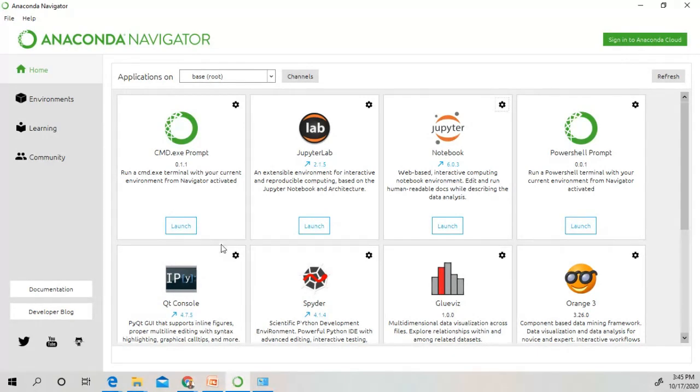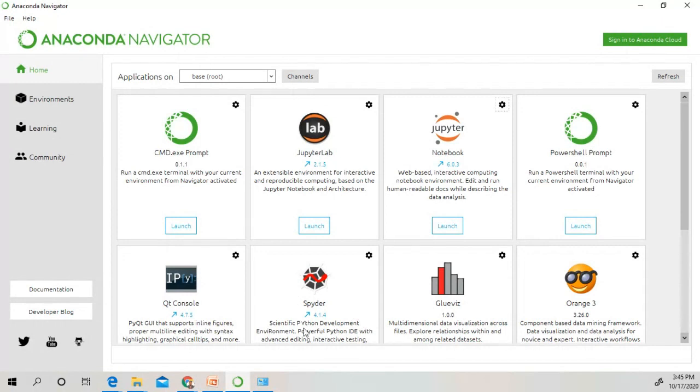In this Anaconda Navigator, we are going to use this Jupyter notebook and this Spyder notebook. Jupyter is a notebook in which you can write a program and it will execute line by line. And Spyder is like an editor or IDLE, we can say. In a simple Python environment, you use IDLE software.